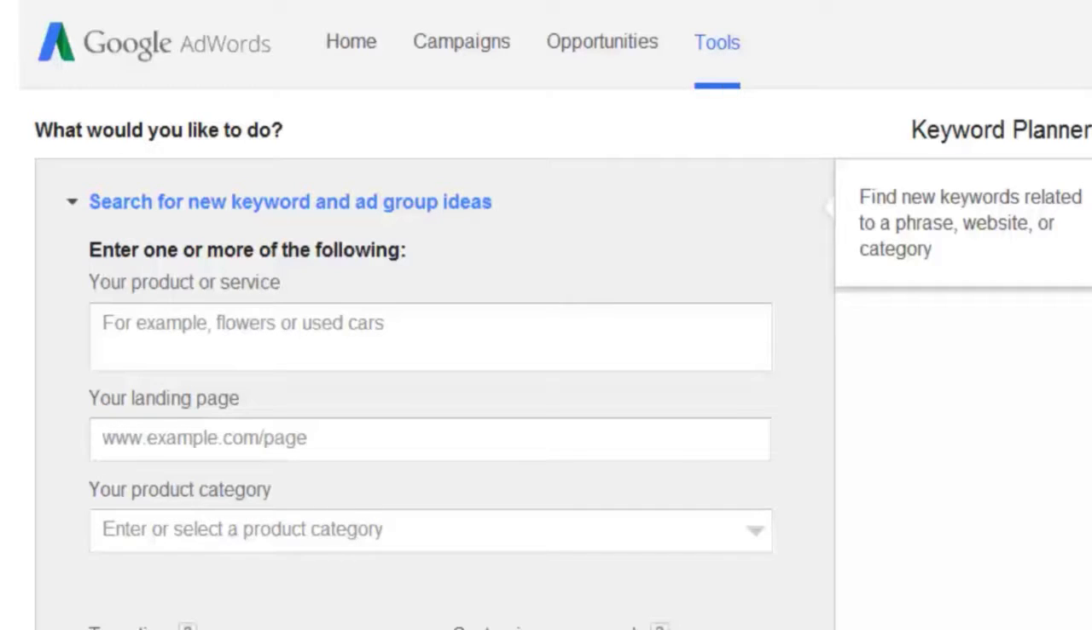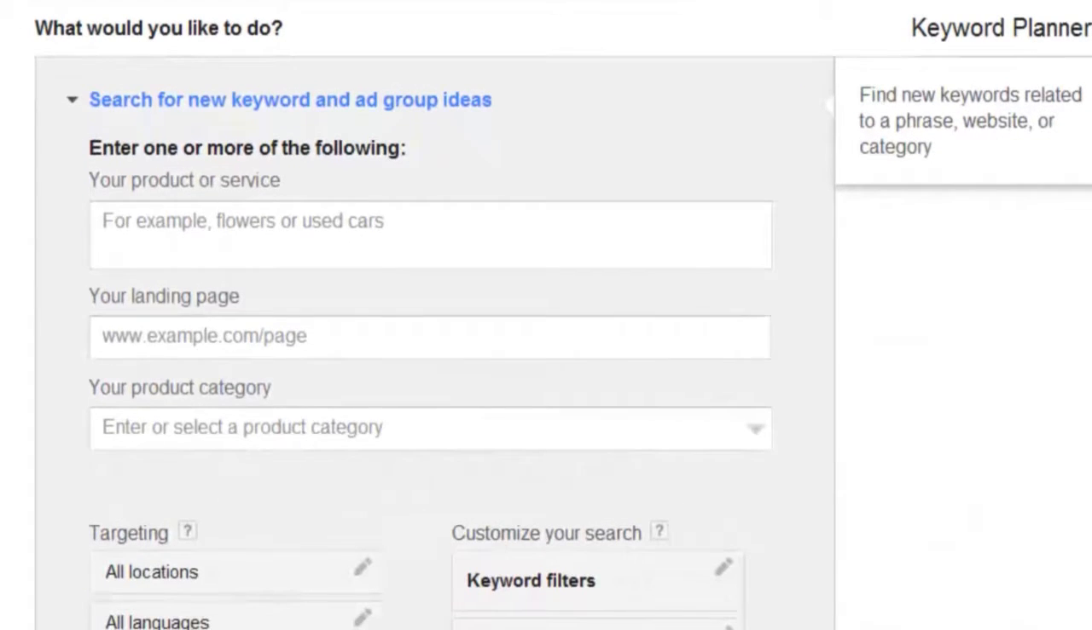Hello and welcome back. Today, I want to cover how to search for new keyword and ad group ideas at the very top here effectively. Obviously, today I want to teach you how to use the Google Keyword Planner, but keeping in mind that I